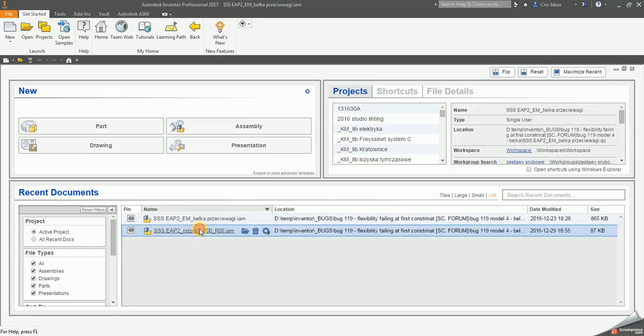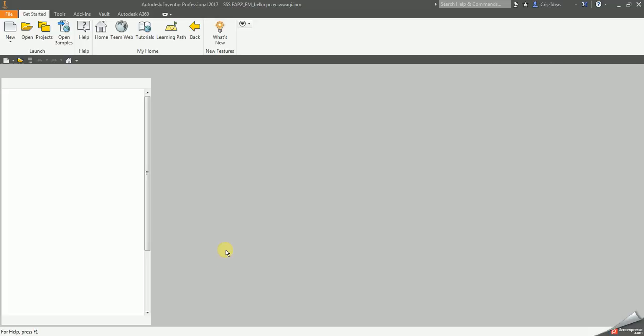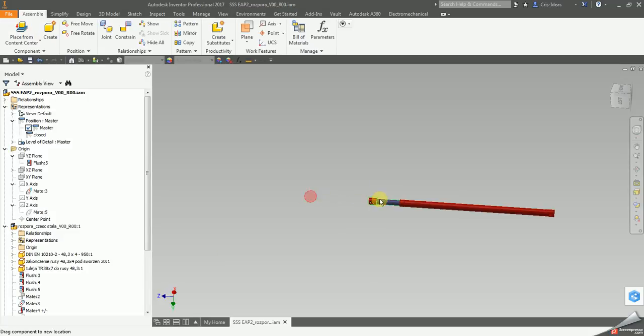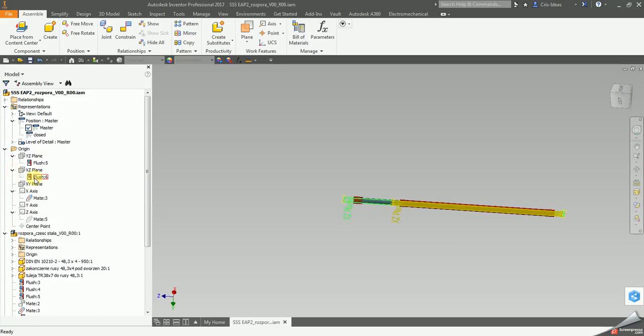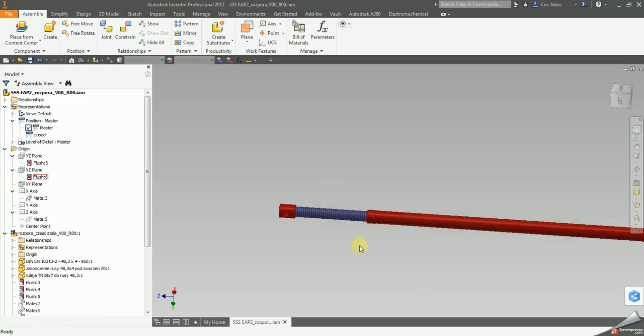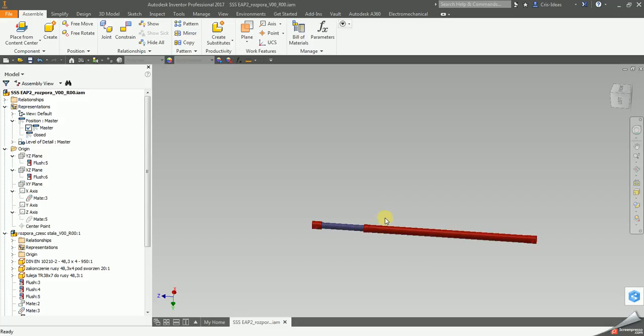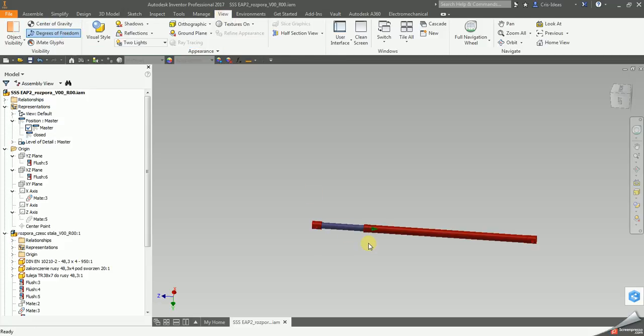So, I have prepared the assembly of this element, and in master positional representation I have added a constraint that fixes the rotation degree of freedom. I have left the rotation degree of freedom free deliberately last time. I will not get into detail why, but now I have reduced it, and as you can see here, this